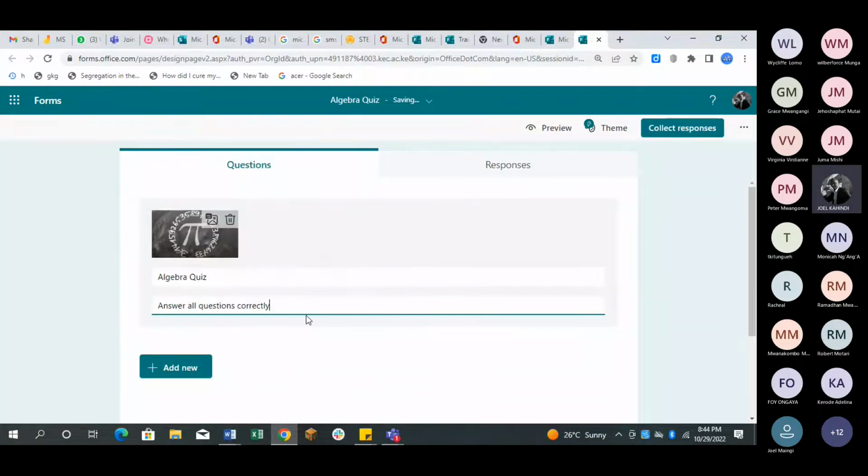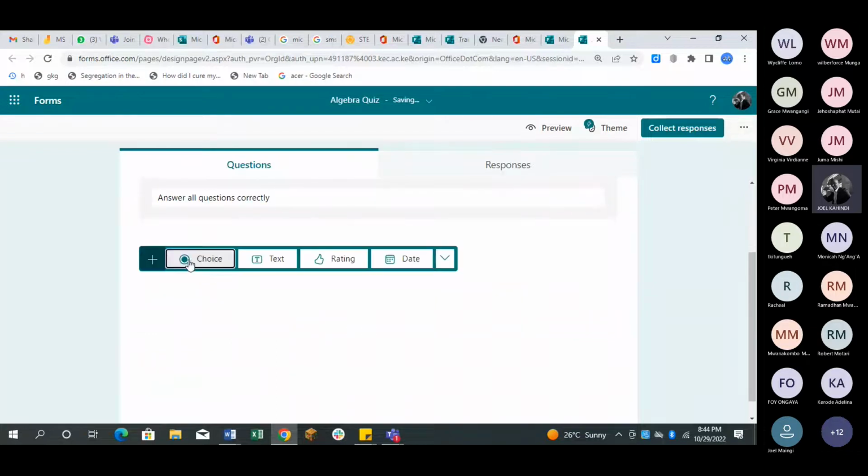You can put the instructions the way you want them, and then hit add. Now this is a quiz, but specifically a math quiz, because I just also want us to explore how we can see the math functions and the characters in maths, and how we can integrate them. If we hit add,